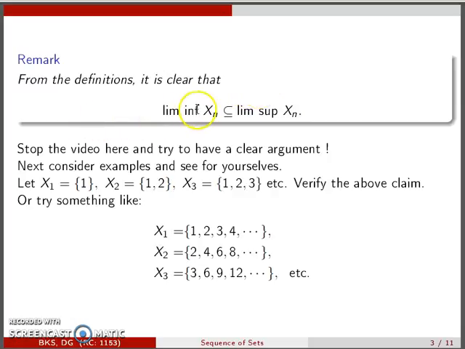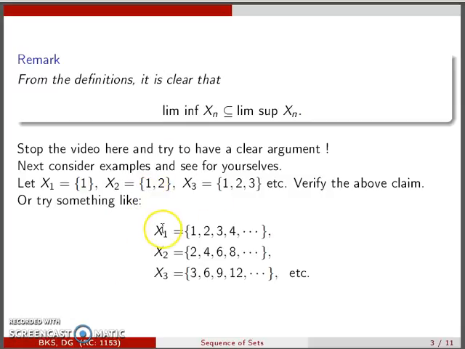That means x belongs to infinitely many xn, and hence x would belong to lim sup xn, not the other way around. Well, I have already given you the argument, but still stop the video and try to have your own argument for the sake of it. Okay,